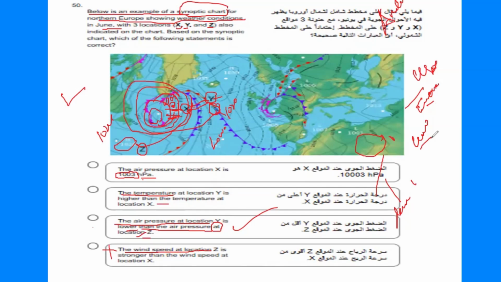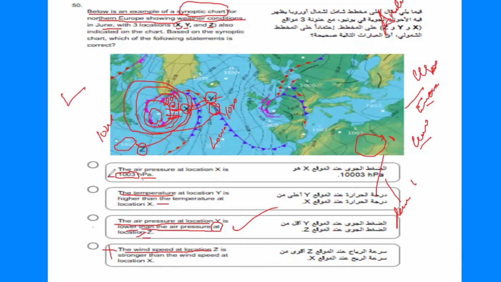What does the blue line mean? What does red mean? What does pink mean? What do isobars mean? Why is option B wrong? Why is option A wrong? Why is the location of X 1003? Then why is the statement not true? Ask these questions, communicate with ChatGPT